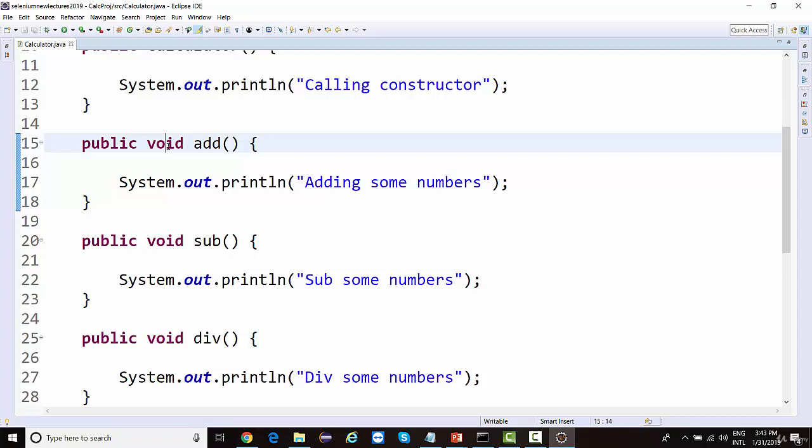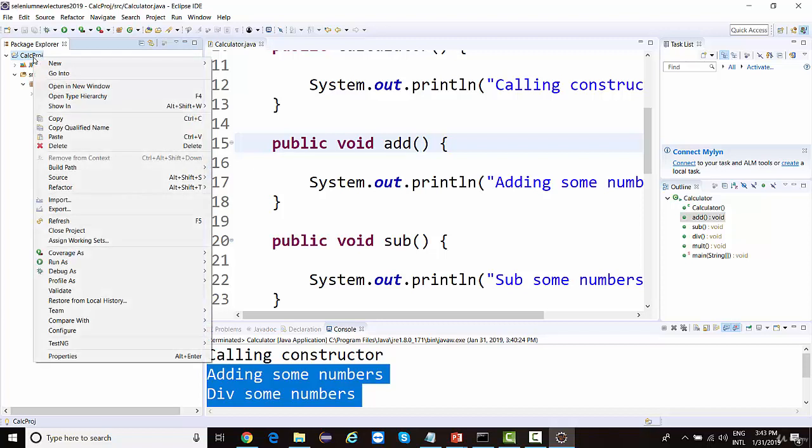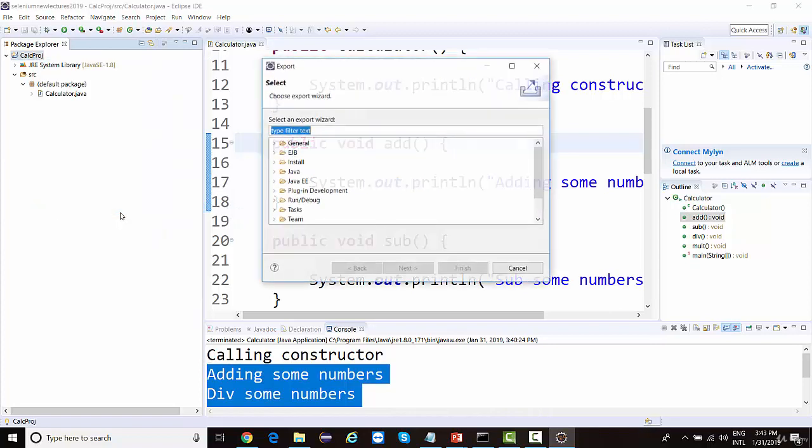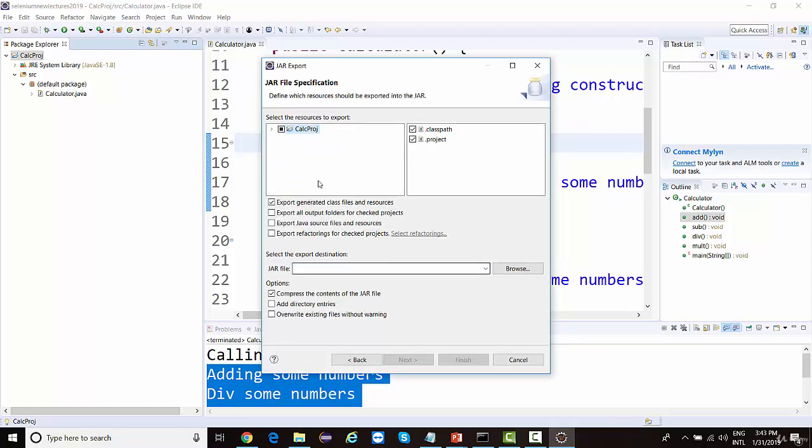So I want that everyone should be able to access this project. What I'll do is right click on this project, I'll go to build path, sorry, not build path, I'll go to export, click on Java, and select the jar file. Then I'll click on next, and here it asks me for a jar file name.